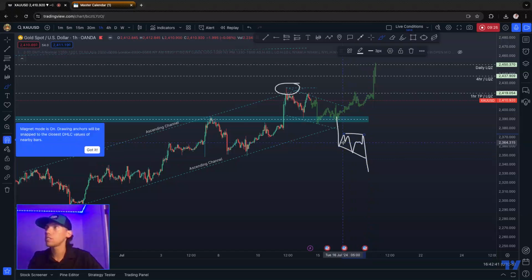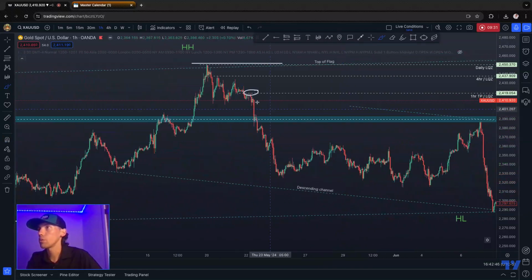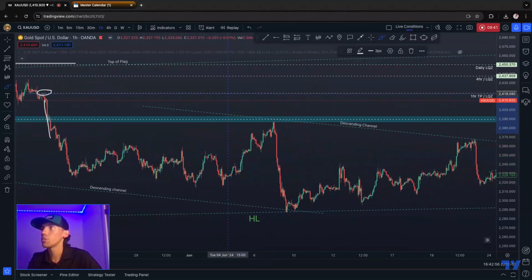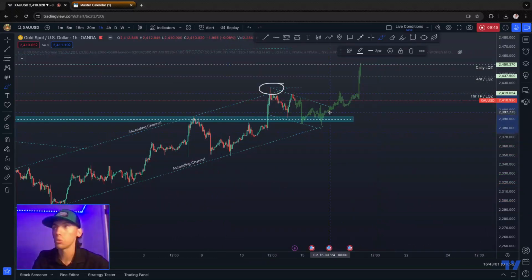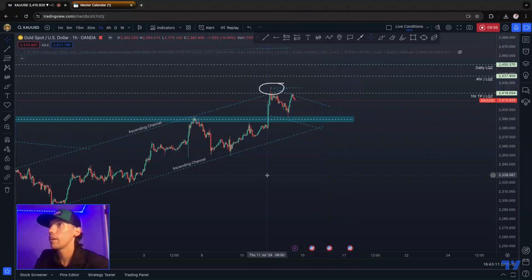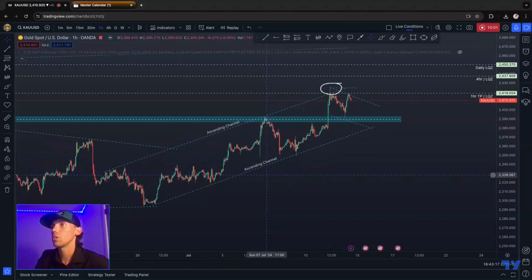But it has to be some type of impulse, because each time that the market has broke through, it's going to have to be some sort of impulse to the bottom side in order for us to have an indication that the market does want to reverse. So we would have to be patient on those couple scenarios. We could get some price structure like that. We could also get some price structure